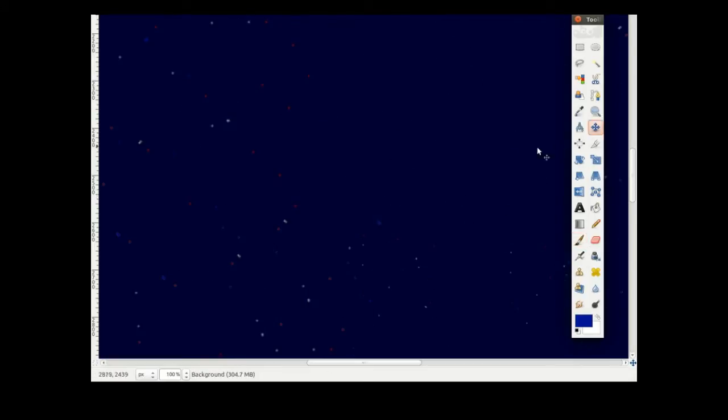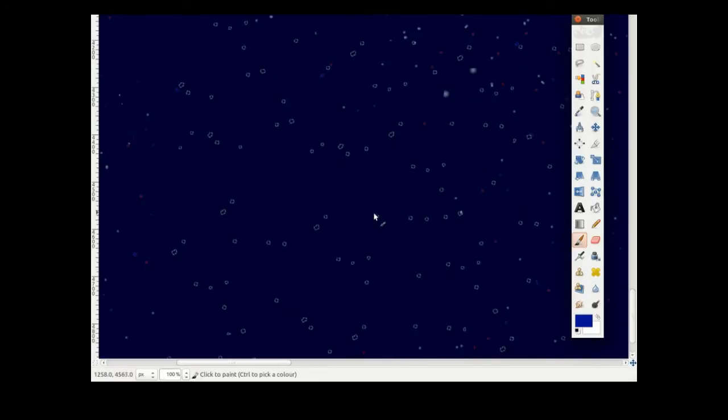If I select a different tool, you can start to see these individual stars and where they are, and you can see that they're in clusters just like on a normal sort of star map, and you can see that they're bigger and smaller ones, and there's areas with no stars in, and that's quite important because when you look at the night sky there are areas with no stars in. However, maybe there's a few too many in here, so